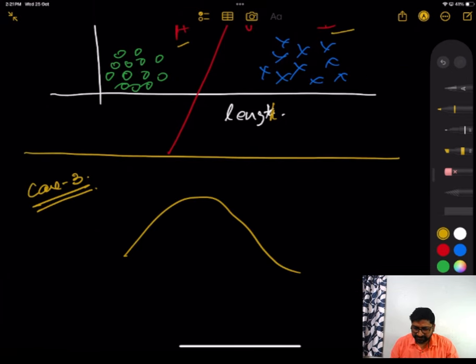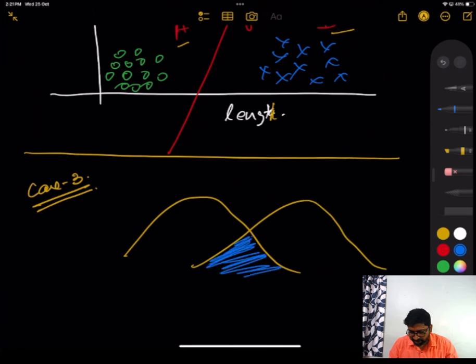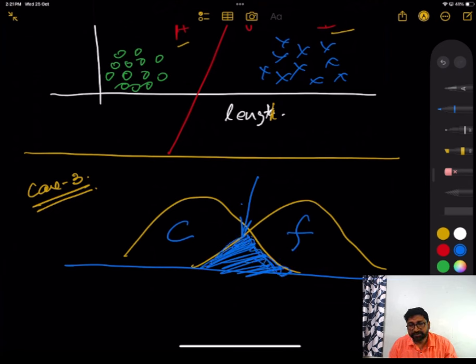If this is a density function for the crab, this is a density function for the fish. Okay, so there could be an overlap or an error zone which can happen. The target is to minimize this error. So this is a crab, this is a fish, and this is the overlapping region. We have to eliminate this error. Deep learning solves this problem, and it identifies which suitable features are required to be considered from a given image and label.